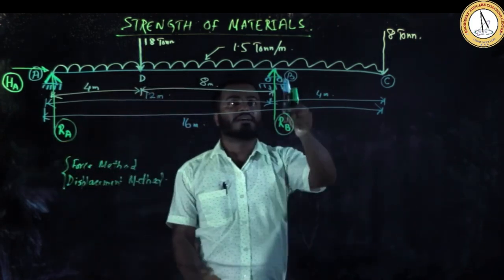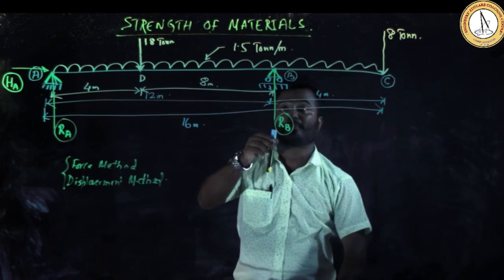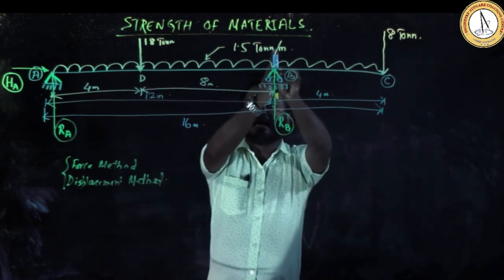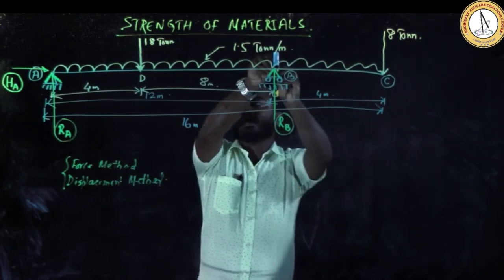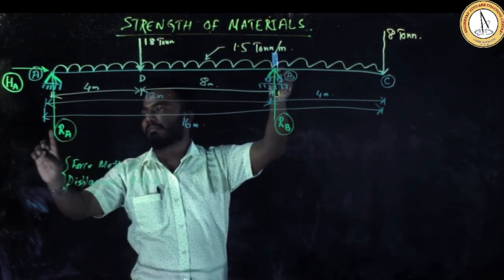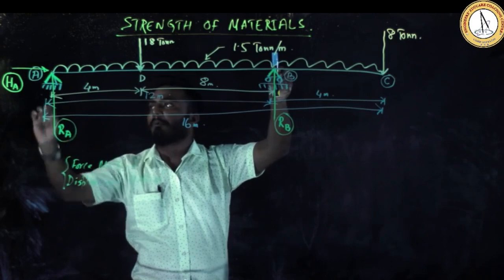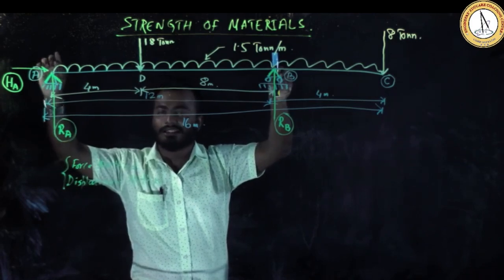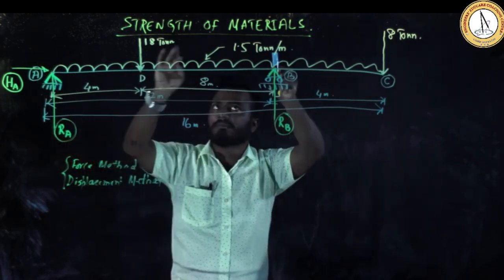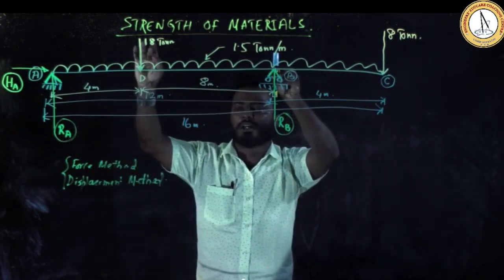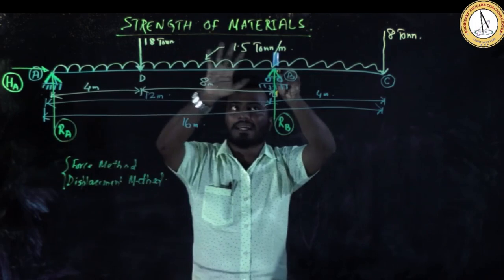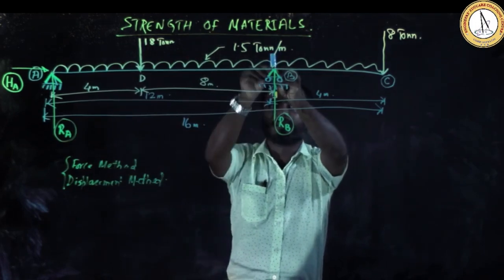Okay. Similarly, if you are interested to find the shear force, say at B, you need to cut here, you need to consider either the left side or the right side. Say you are considering the left side, then RA, say you are assuming upward force is positive because you are doing algebraic sum, then definitely this amount of UDL needs to be deducted from RA. And the 18 ton needs to be deducted from RA. What is the remaining force? That is the amount of shear force at B.